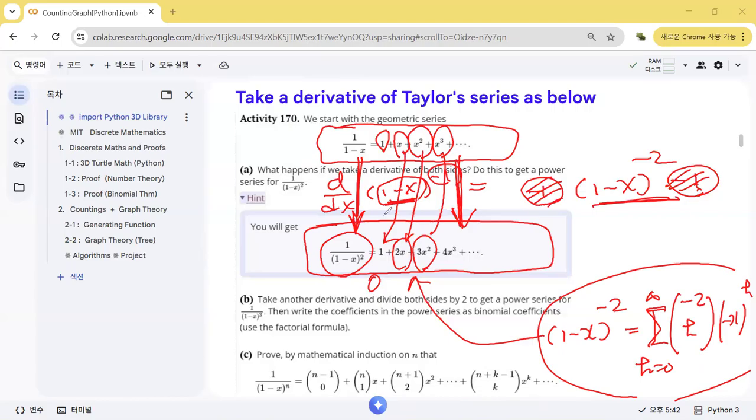So this is the second method. This one, in this case, we use the differentiation. So this is the second method. In this case, we use the generalized binomial formula. In this case, we use